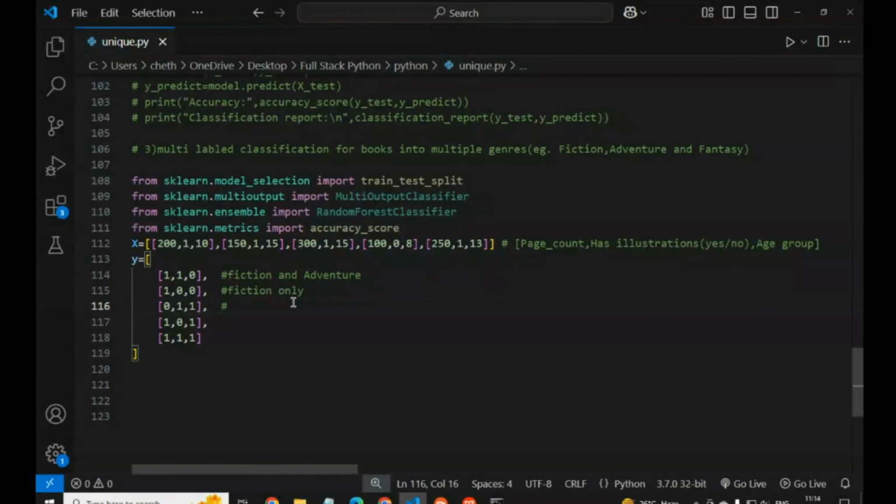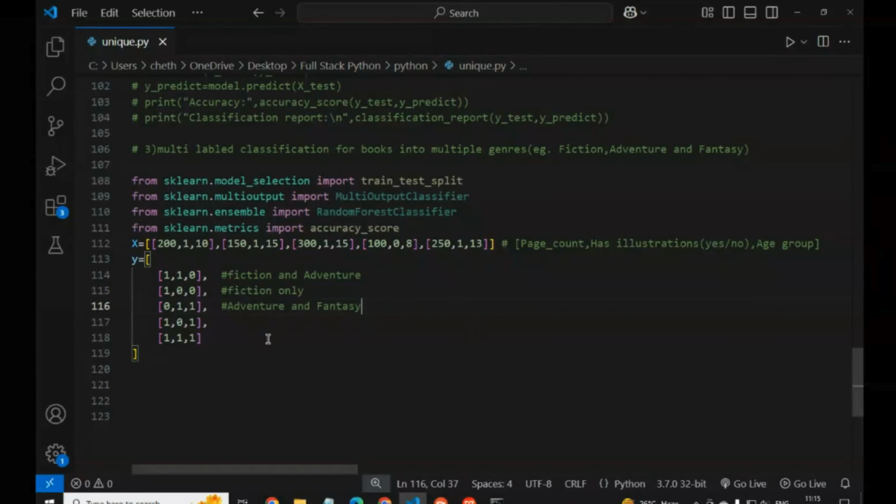Here no fiction, here adventure and fantasy. Anyone can give the answer for this. What is present in this, guys?